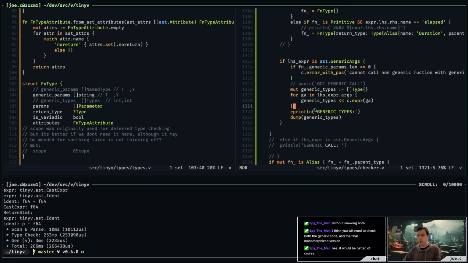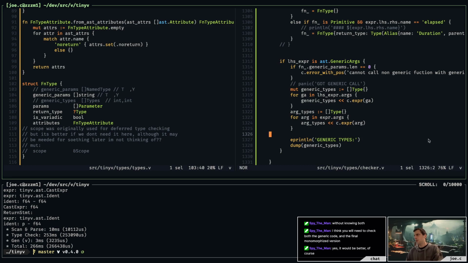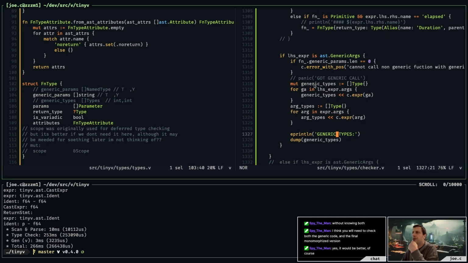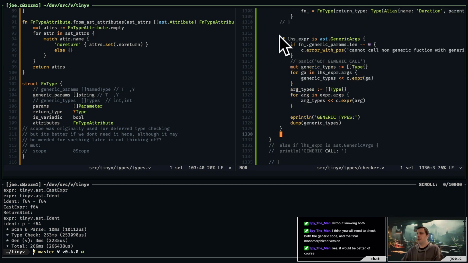Once we fix the other error, we can do it globally. Let's just do types equals type. Okay, so if generic args,